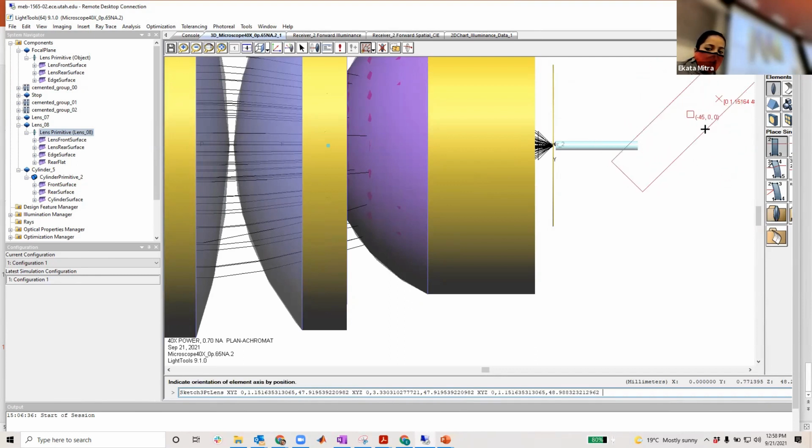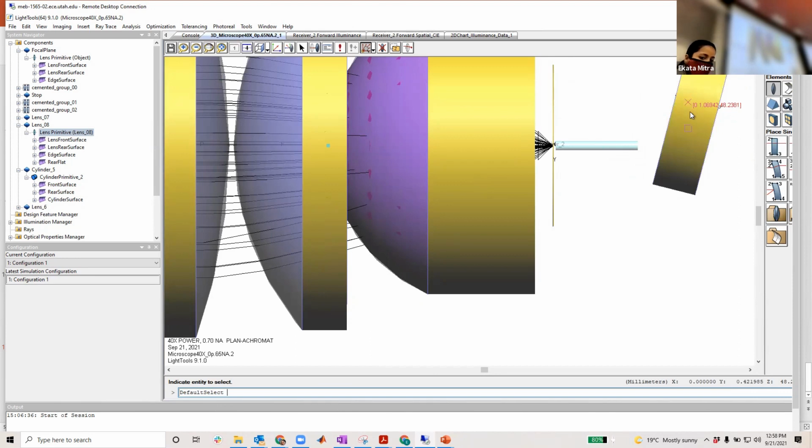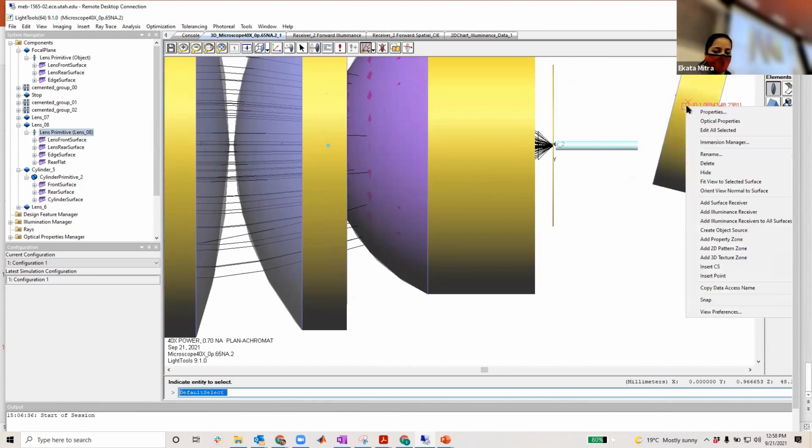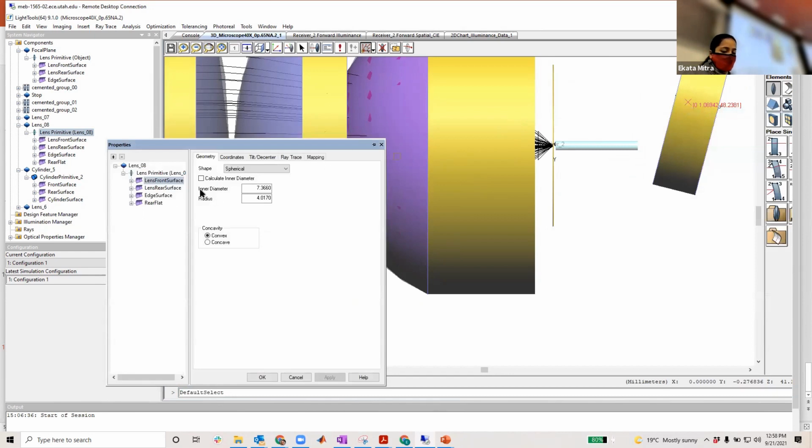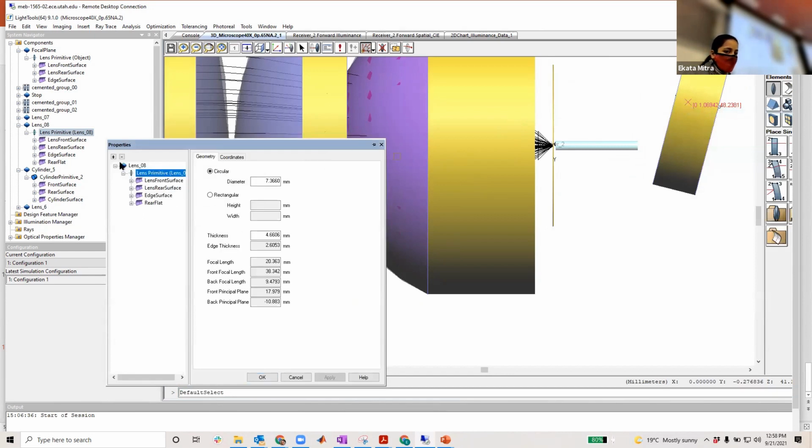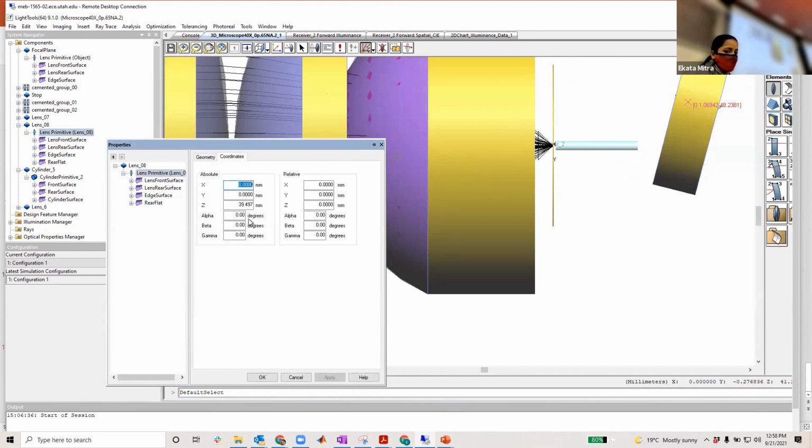I can have the mirror like this, and you can place it. Whenever you're placing it, you can see something is there, but I am not liking the position. What you can do is go to the properties here or from here, and you can change the coordinates.